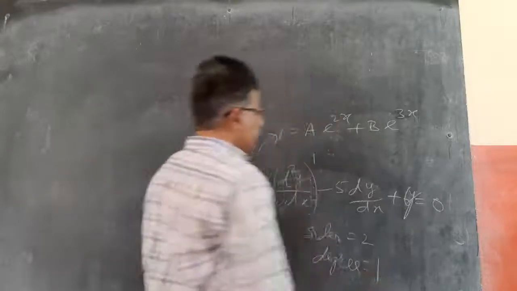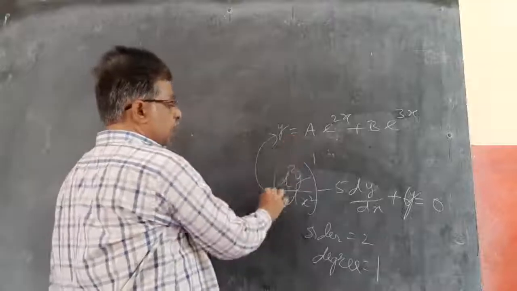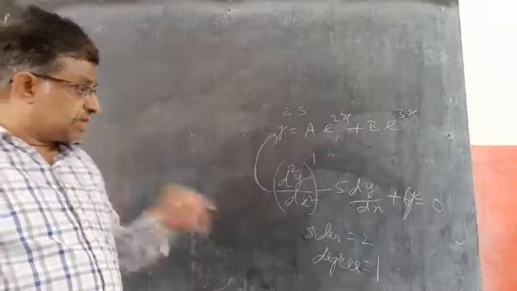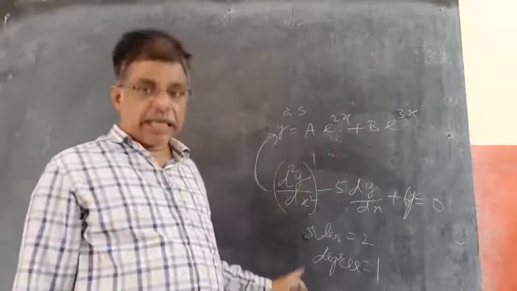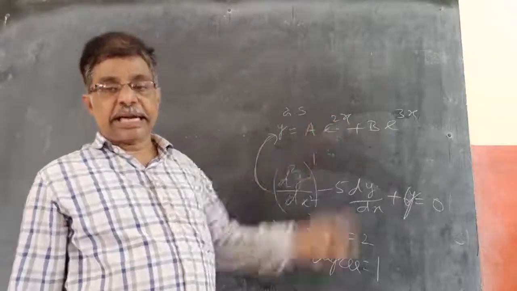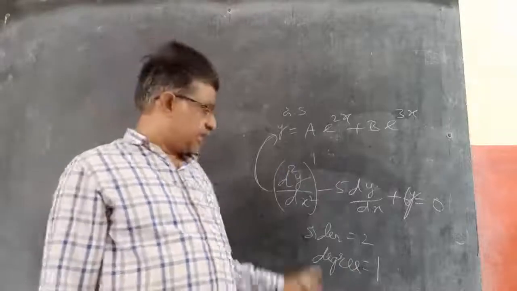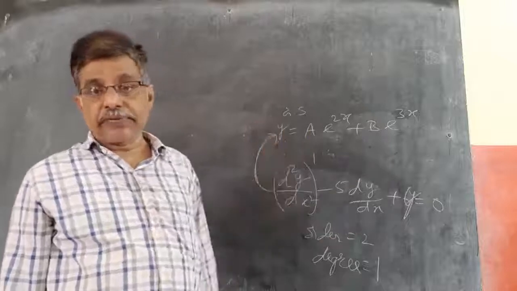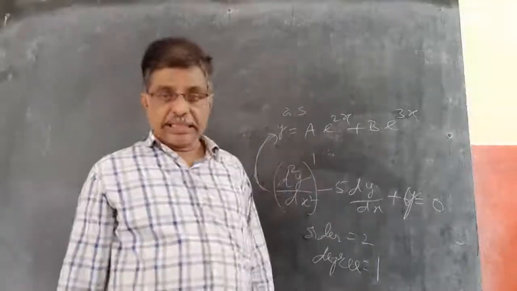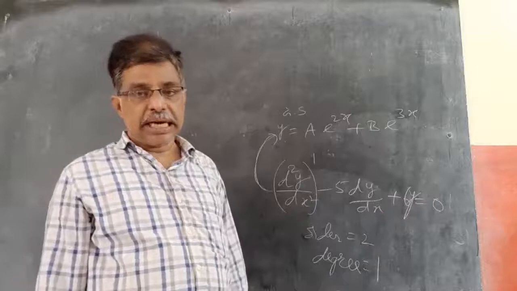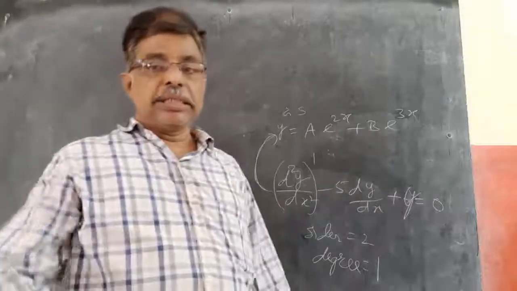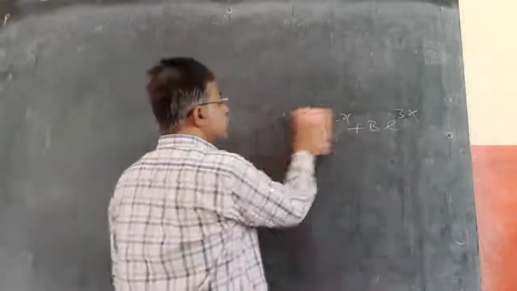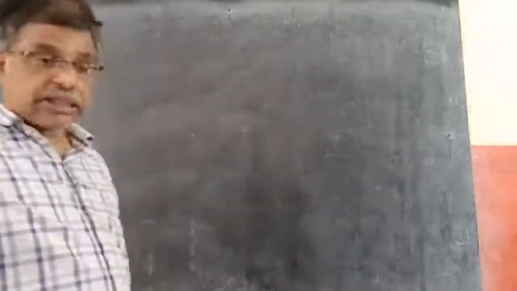Now, this is the general solution. General solution means that by solving a differential equation, you will get a general equation, and that is called the general solution. By solving the differential equation, you get the actual solution or the actual curve equation, that is called the general solution. Like this, yesterday we did one example previously before this.